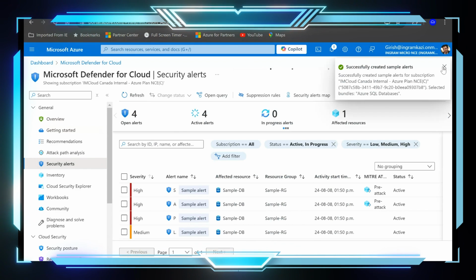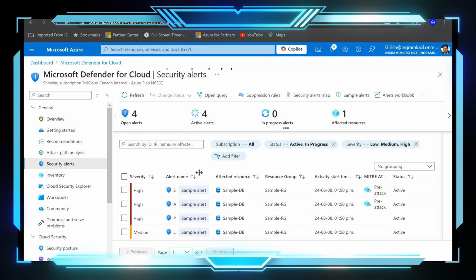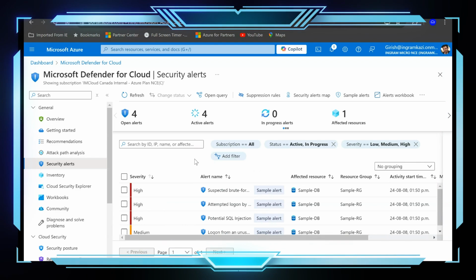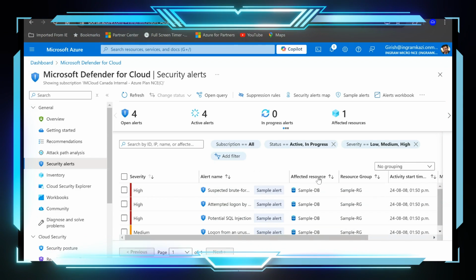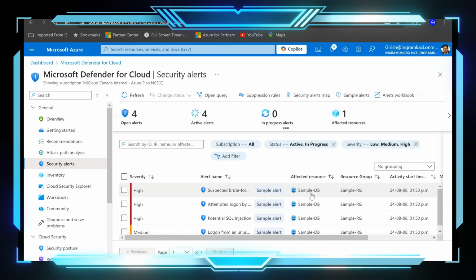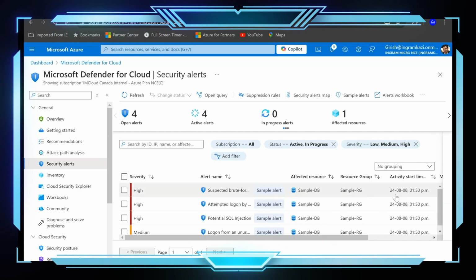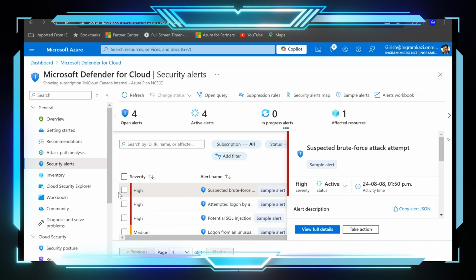So you see, these alerts were generated by Microsoft. And this is how you're going to see it in case a real scenario happens. So you can see the severity over here. You can see the alert name. The affected resource in this case is a sample database and the resource group which is associated. It also gives us a timestamp, but let's go and expand one of them to see what details we